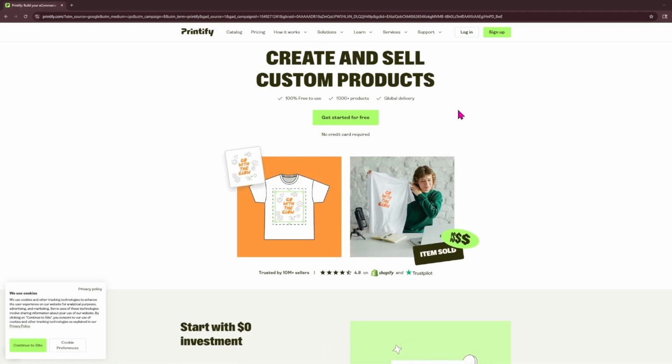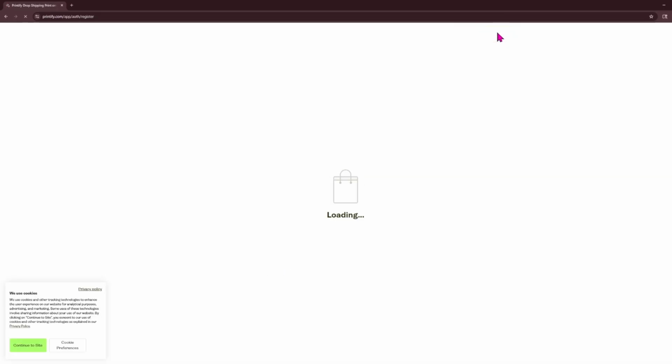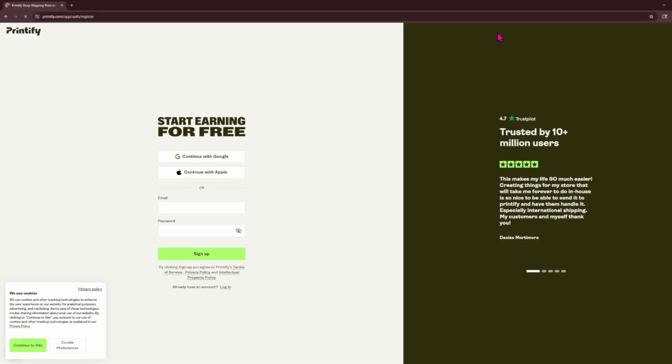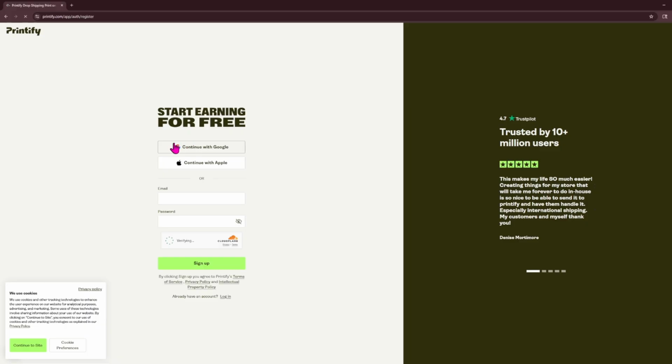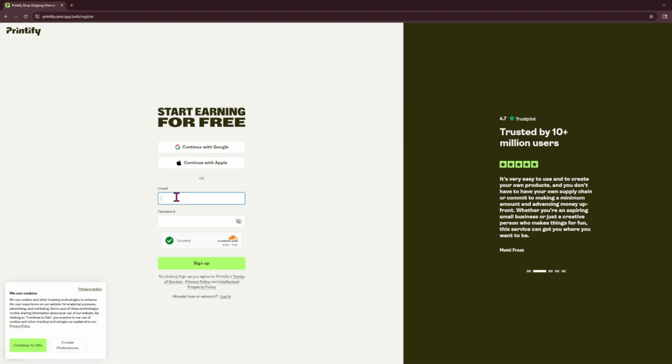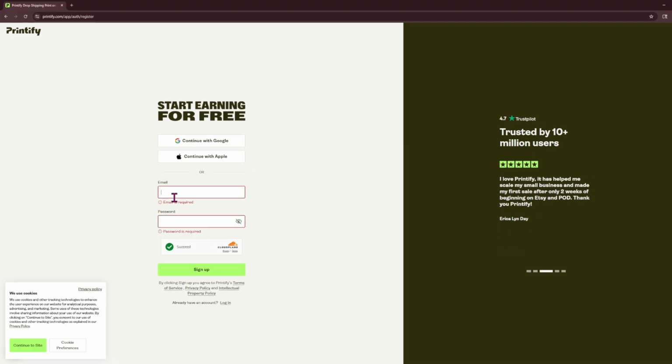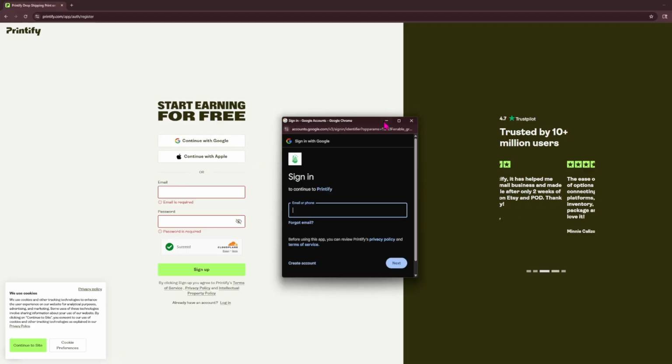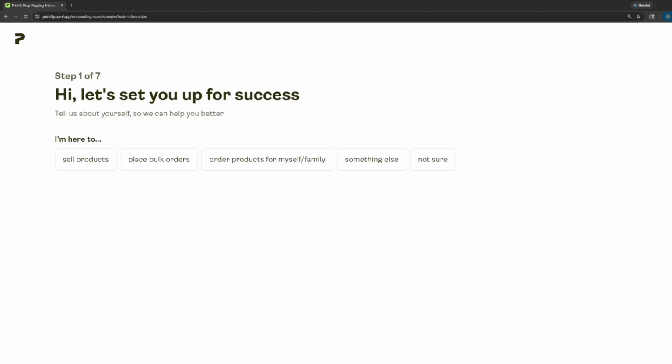Let us open your Printify account and let me help you connect it with your existing Etsy account. Now, for opening your Printify, you can use an existing Gmail by passing the password. You can just click sign up, or you can use your preferred email with its own password for Printify. For me, I always use a separate email with my own password.